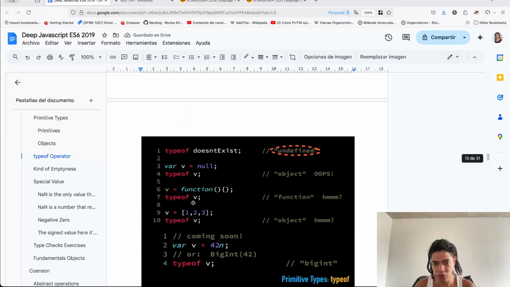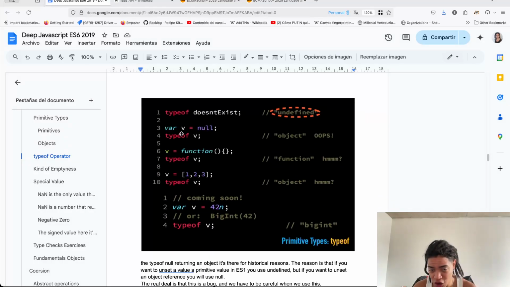So far, so good with this, but here, when we define a variable and assign null, which is emptiness, it's like I create this space in memory, but it doesn't have anything in there, all right? So when you want to check the value or the type of this space in memory, whether it is a number or a string or a Boolean, or a symbol, which is a special ID that JavaScript uses to uniquely identify objects, something that goes beyond the scope of today's video,